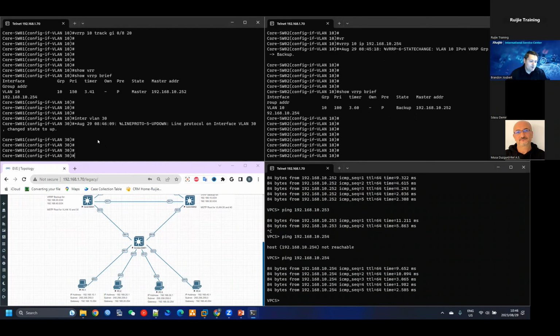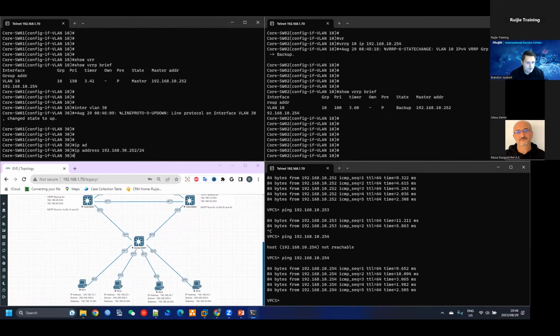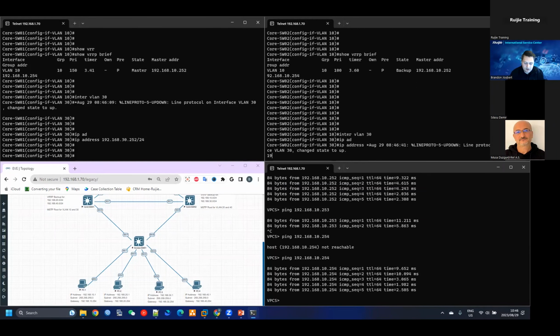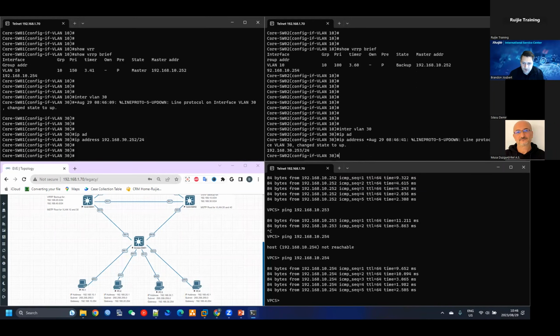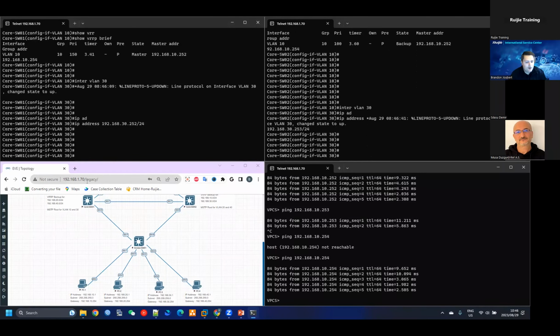So now that VRRP 30 is online, we can show IP. We can give it an IP address of 192.168.30.252/24. And on this side, we can just do the same, enter VLAN 30, IP address 192.168.30.253/24. Right. Now that we have both of this running,